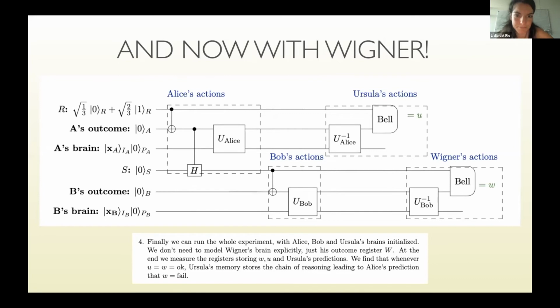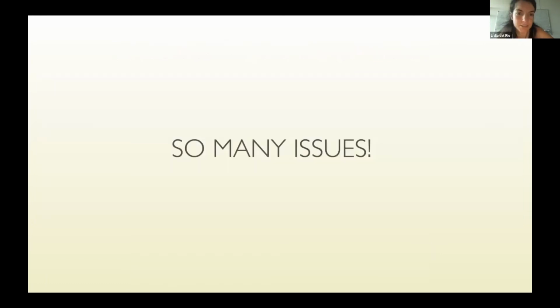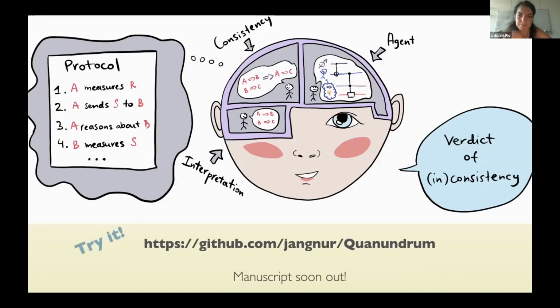Right. So the good news is that once you specify for an interpretation of quantum theory how this inference, how agents make these simulations, then the whole thing is very easy and very modular to code. So there are some examples that you can check on the software. Let me see. There they are. So then you go into the software, you set up the experiment protocol, you tell them what your interpretations are, which means what simulations agents make to make predictions, what logical axioms you have, and of course you can tweak how we model agents' brains.